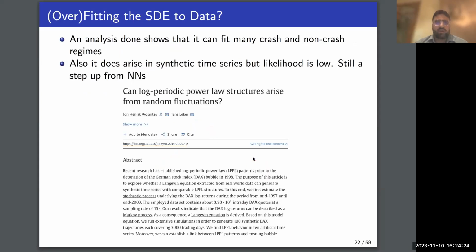But even apart from that, I think having that many free parameters means that log periodic power laws can indeed arise just from random noise, or IID Gaussian noise, and various other IID noises as well. Essentially, these synthetic time series have been studied, and it has been shown that yes, it can fit various crash and non-crash regimes, although the likelihood